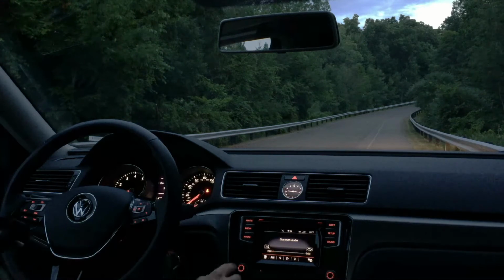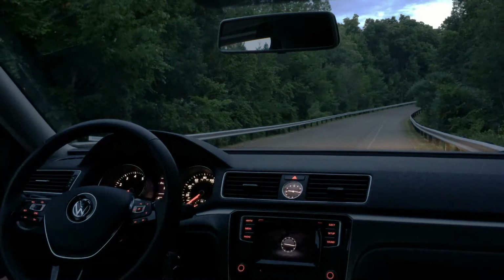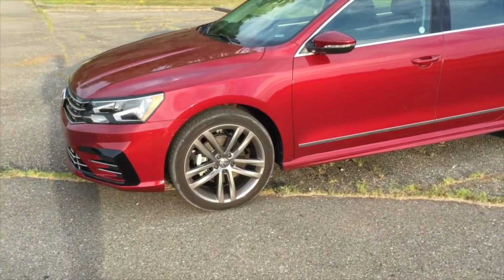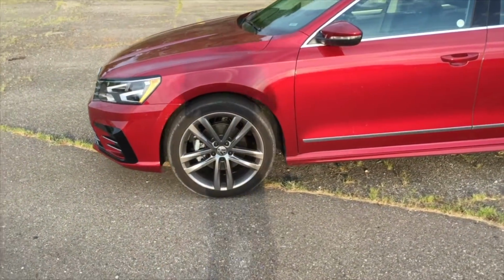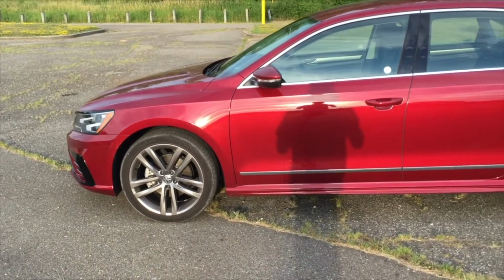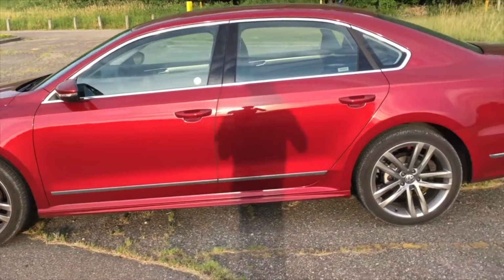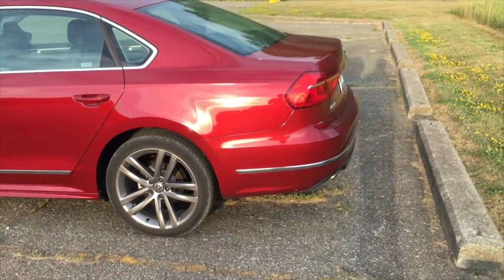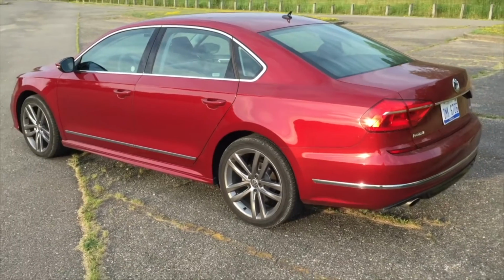I'm here with a 2016 Volkswagen Passat R-Line, and I just want to do a quick drive review on this vehicle. I want to go over the steering, the braking, the turbo lag that this car has, the transmission response, and just the overall feel of how it drives. Right now we're going to be in sport mode, and I'm just going to start from a stop normally